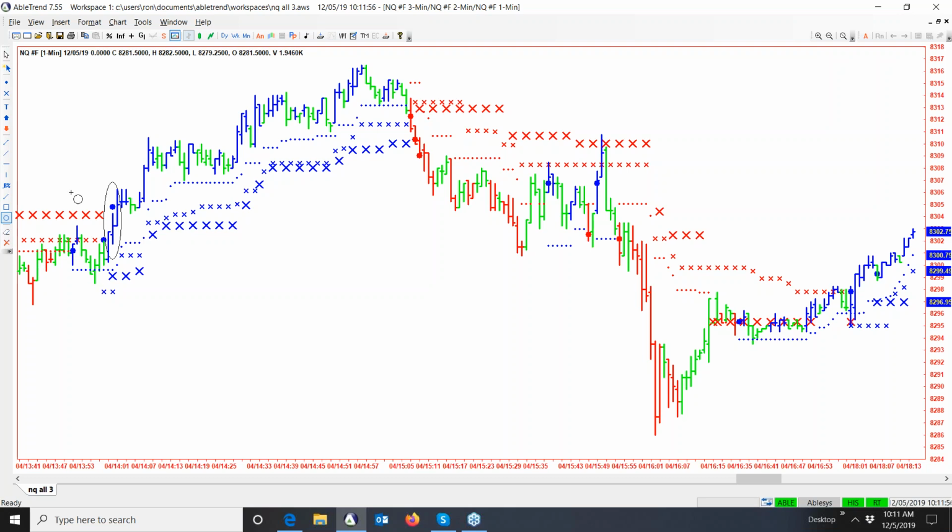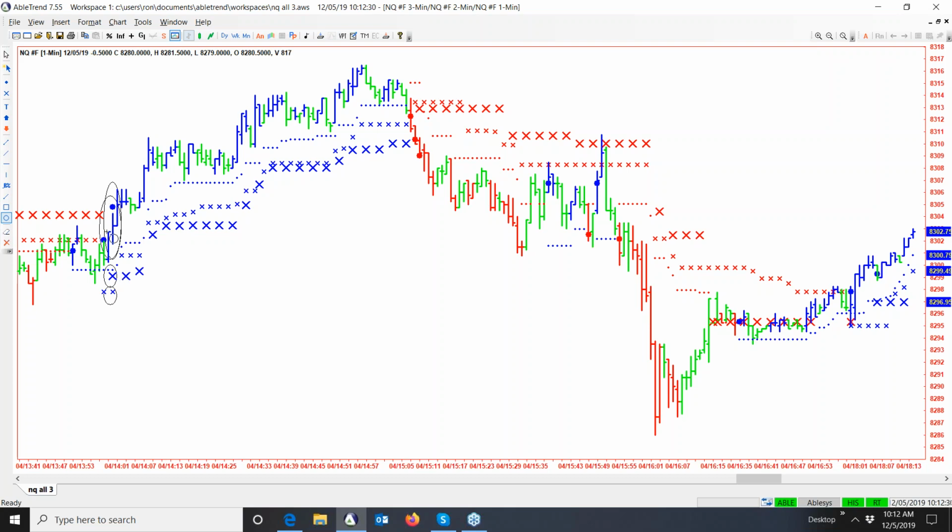And when we have multiple time frames, here is the 1 minute, the bigger X is the 3 minute, the smaller X is the 2 minute. So when we have them all lined up, like right here, which is right about 2 o'clock Eastern, which is 1 Central, 11 Pacific yesterday, which is a favorite time of ours to trade just by all the studies we did. Again, first 3 hours and last 3 hours of the trading day are our favorites, just from our research.